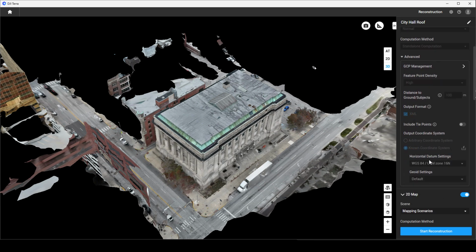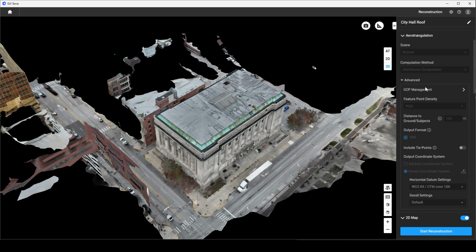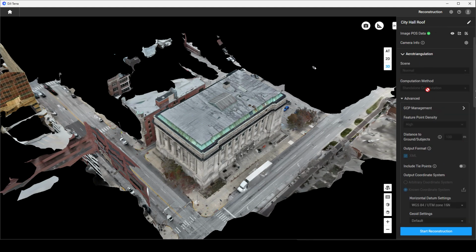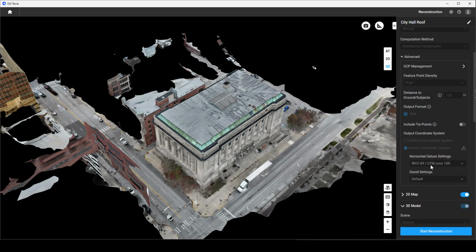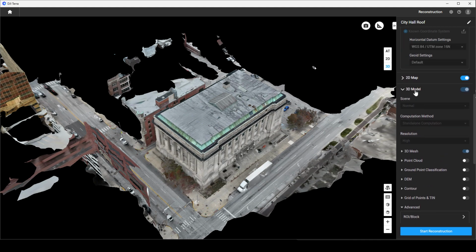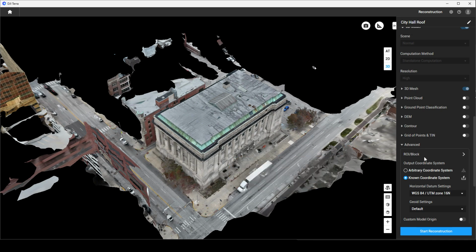Ideally, you would want to use, especially if you're using drone photos, a known coordinate system. You can use whatever coordinate system you prefer, but just make sure that it's the same across the aerial triangulation, the 2D map, and the 3D model. By default, the aerial triangulation is usually a UTM coordinate system based on wherever the photos were captured. But for whatever reason, at least with version 4.46, the known coordinate system is used in the 3D mesh or